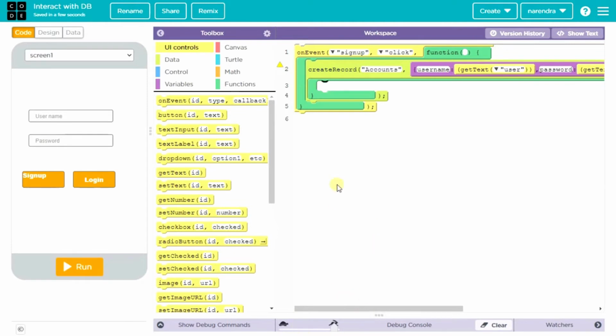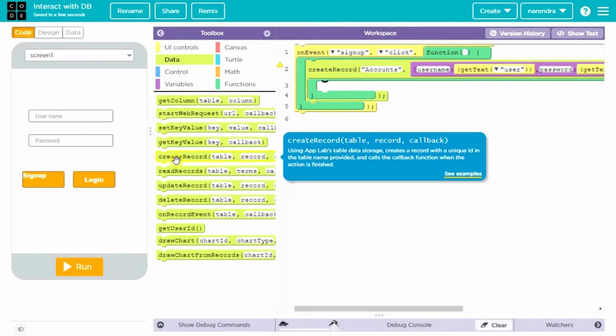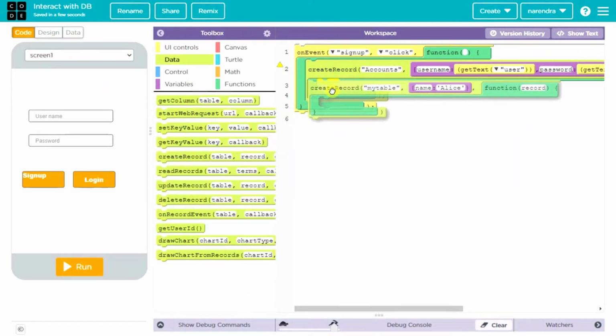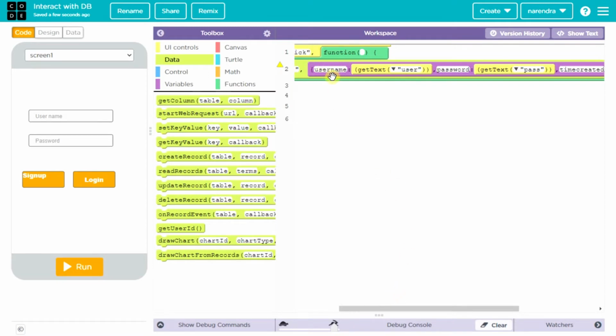It's very simple. If you want to insert data into the table, just make use of create record. Drag and drop here, and the first one should be the name of the table where you are inserting the data, and you have to write this for each column. I have 3 columns: username, password, followed by time created.